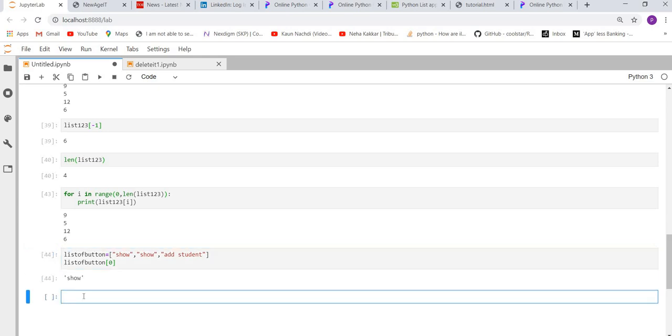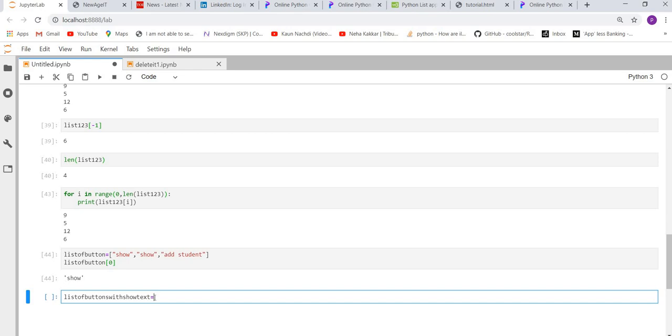Now we want to create another list, a list of buttons with show text. So we want to create a list of buttons which have text as show.